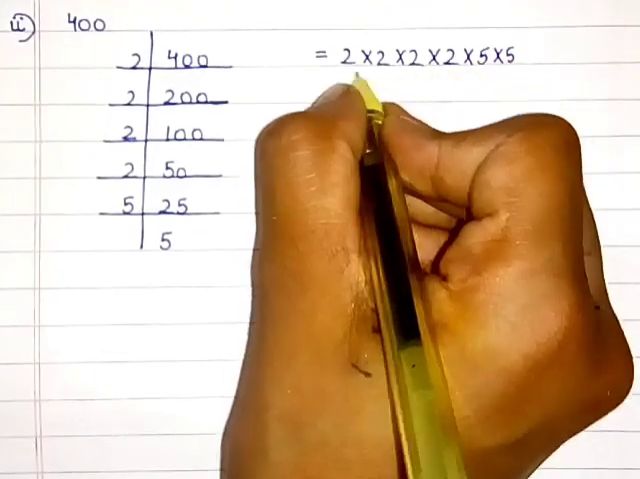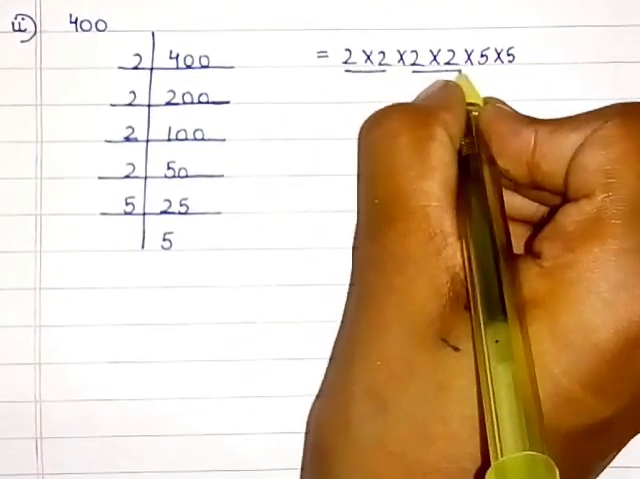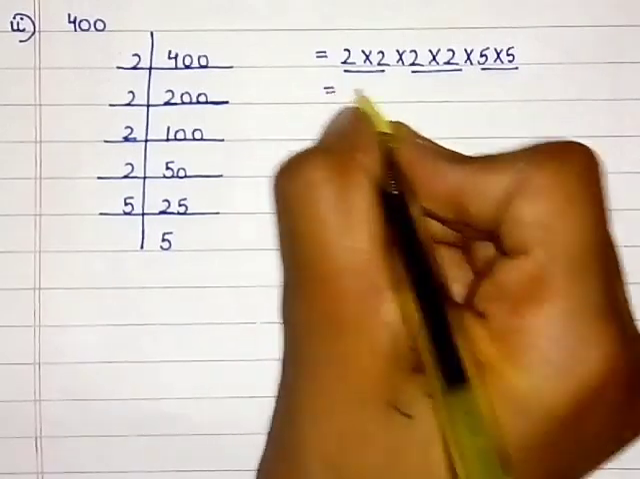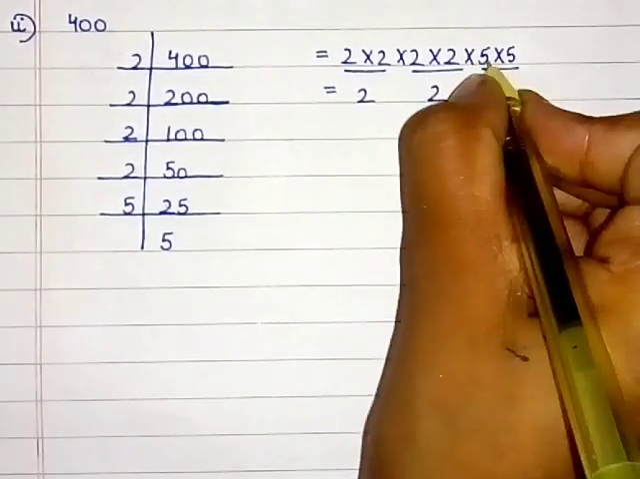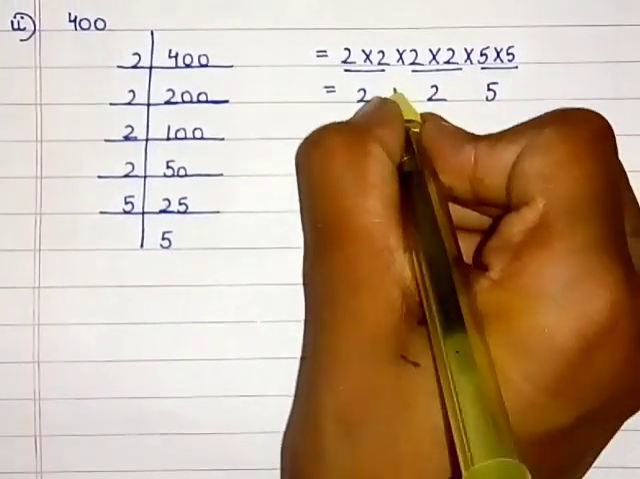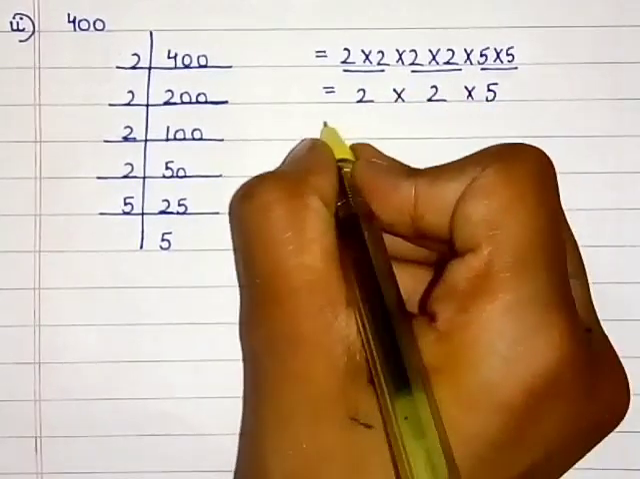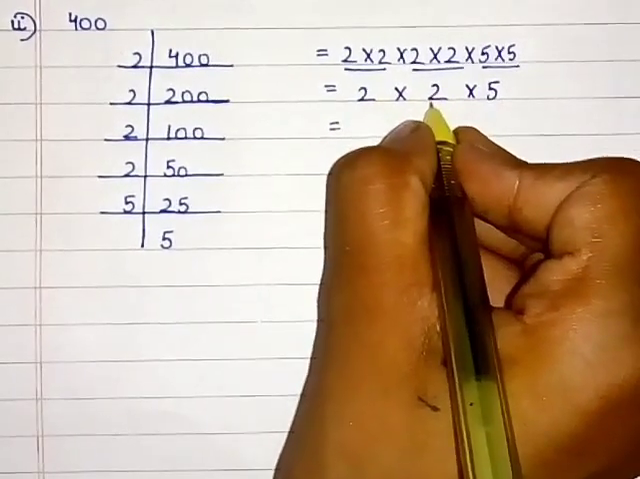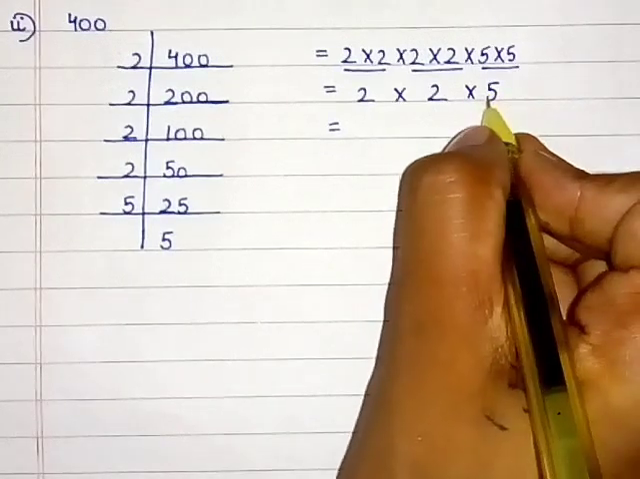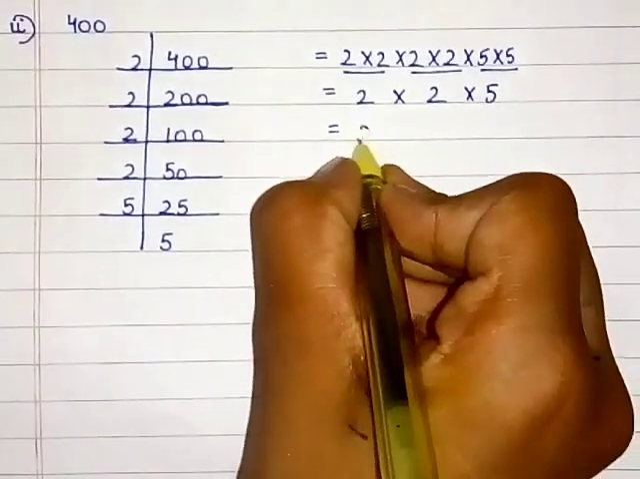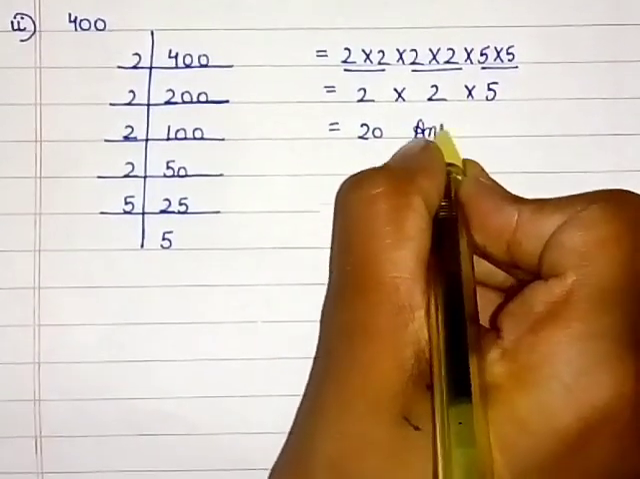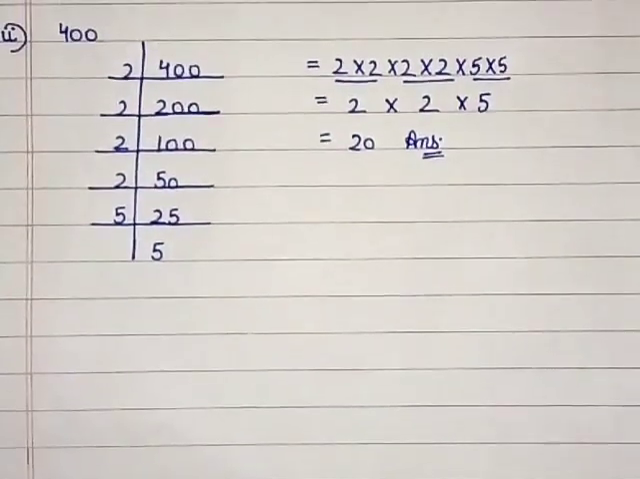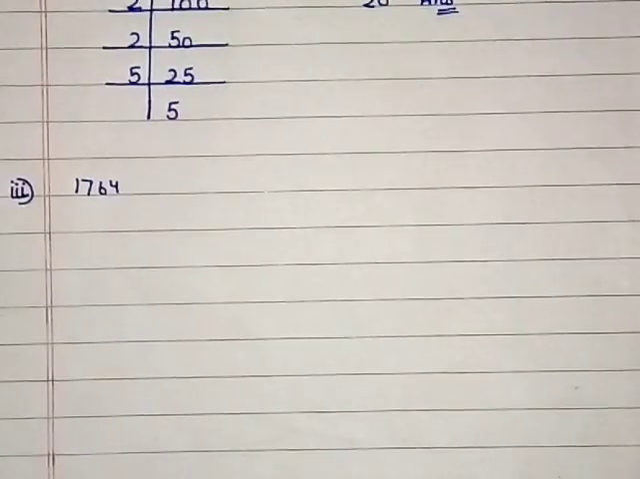Now make pairs. 2, 2 and 5. Multiply sign. 2 2s are 4. 4 5s are 20. So friends, 20 is our answer. Now let's come to part C, that is